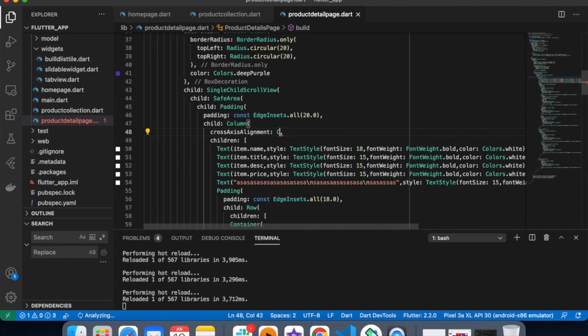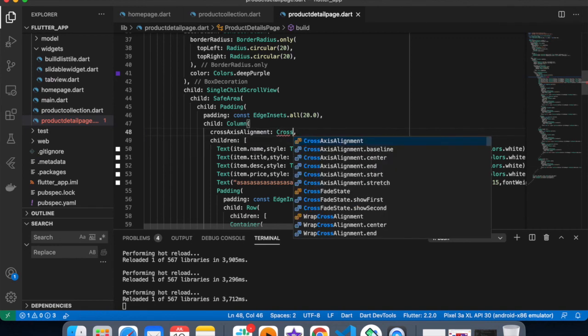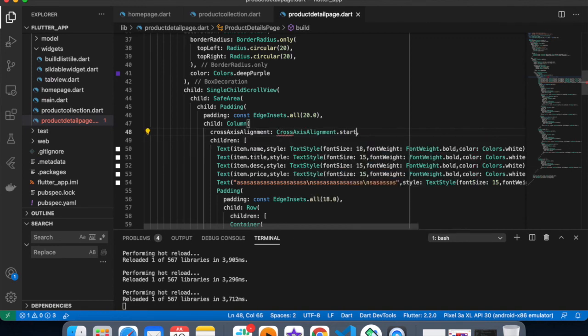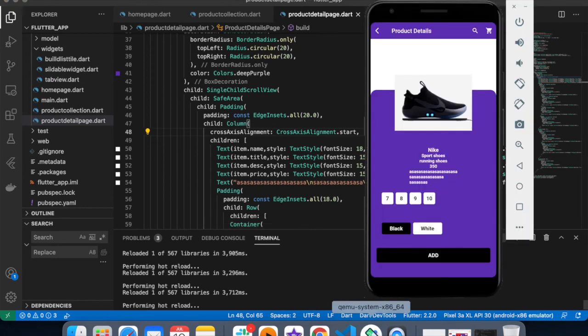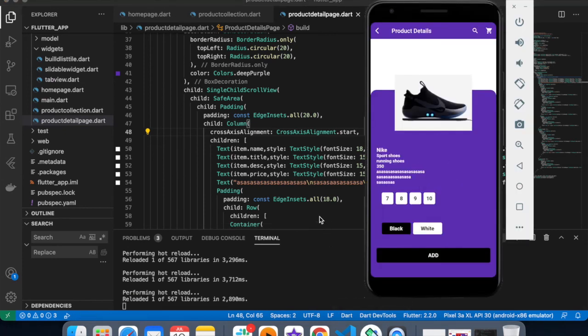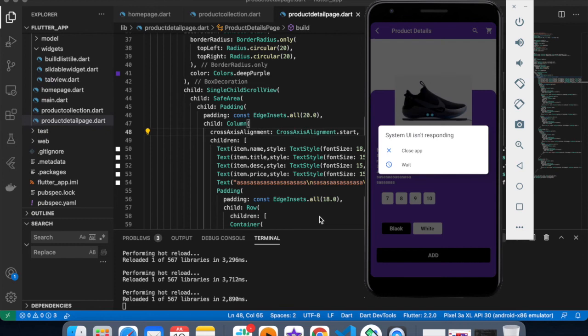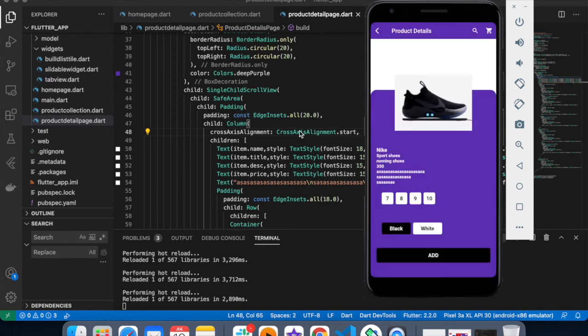Now cross axis alignment, cross axis alignment dot start, and perfect. Now there will be no issue with this. So everything will be aligned to the left-hand side, but this looks a little bit nicer.